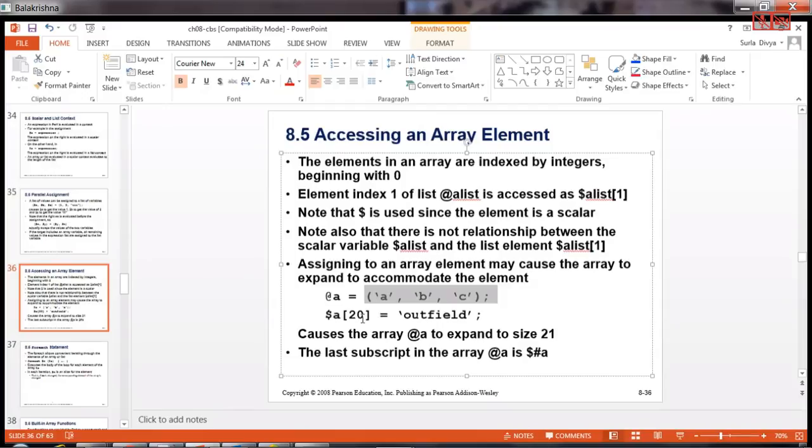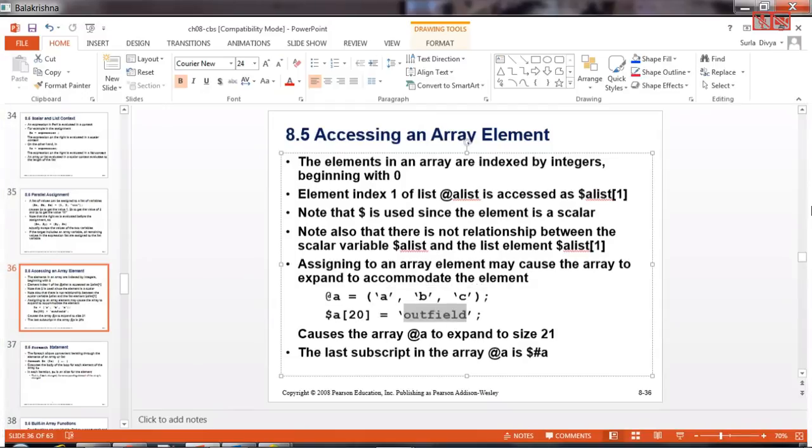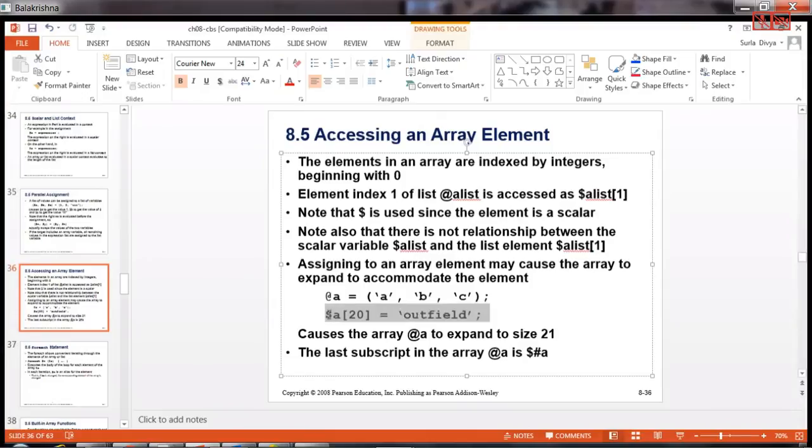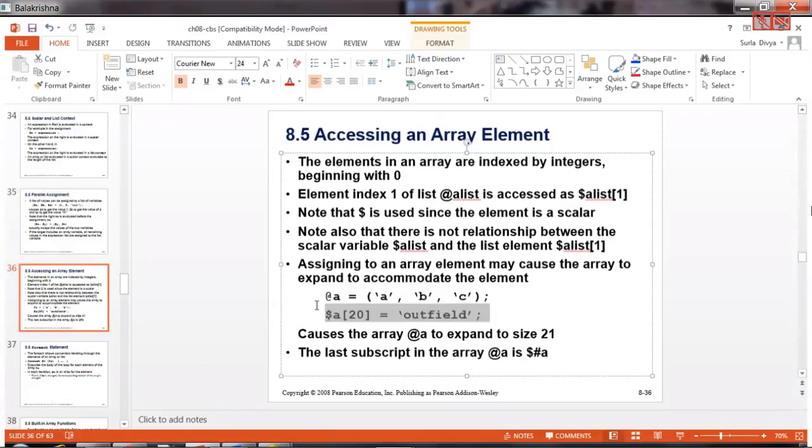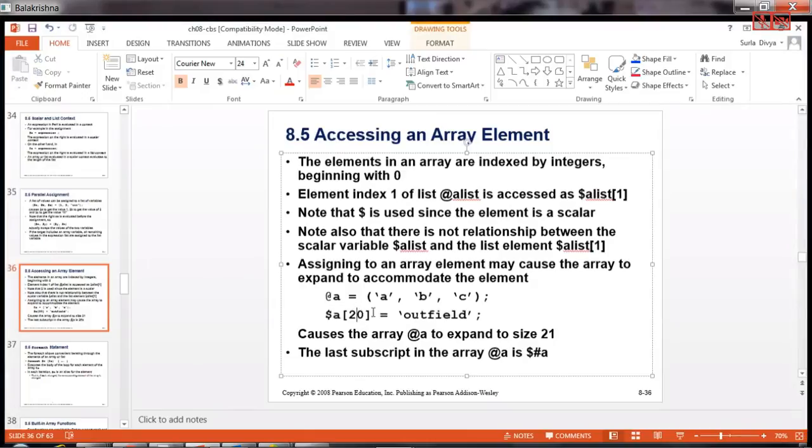Now if I say $a[20] is equal to outfield, what does it mean? I am trying to assign a new value called outfield into this array, at the 20th position. So will it get inserted? Yes.